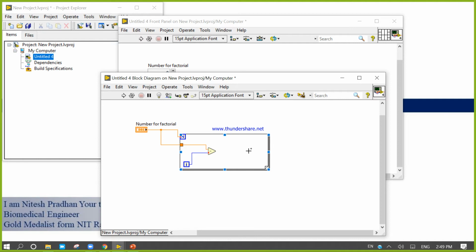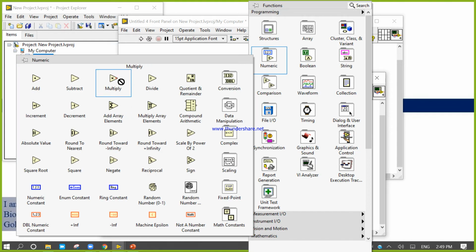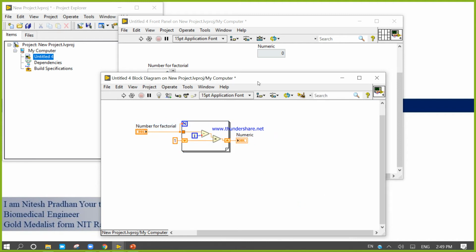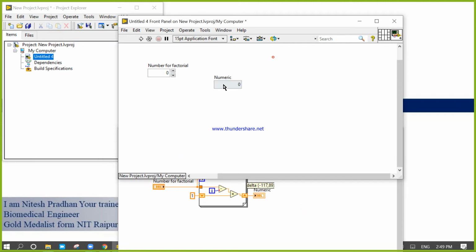Now we'll use the multiply function. If I insert 2, the output will be 2.